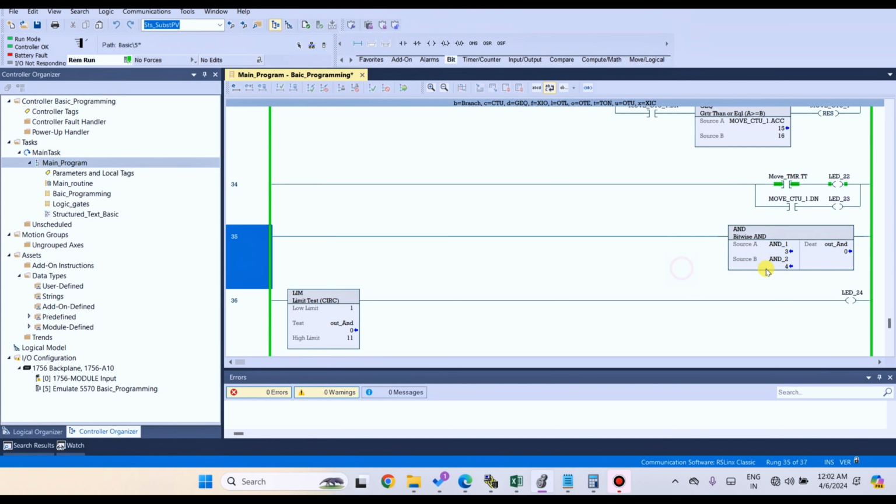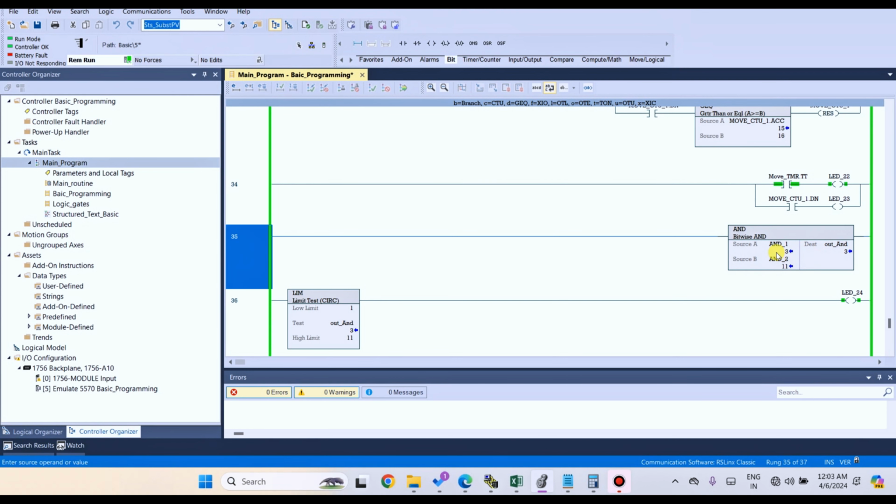After 3 the condition output will be on: 5 on, 6 on, 7 on, 8 off. When source B is 8, output will be off. 9 on, 10 output will be on, 11 output will be on.